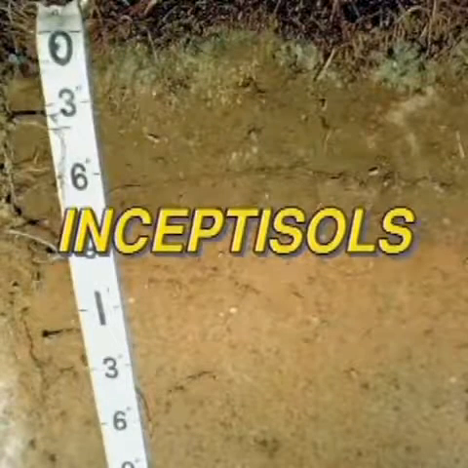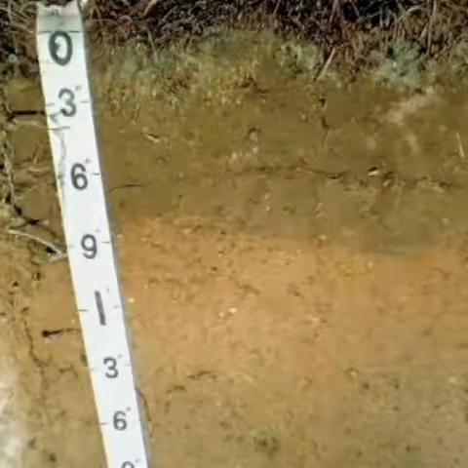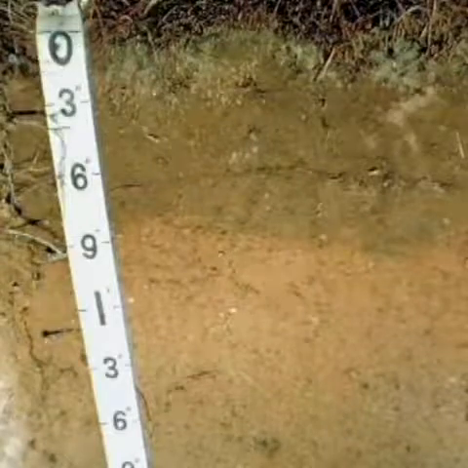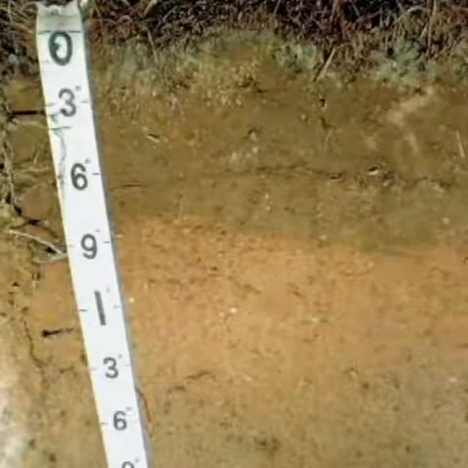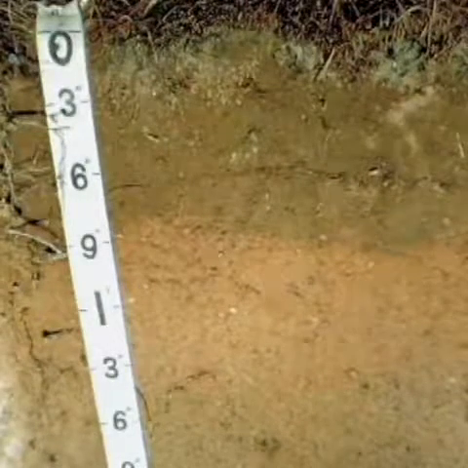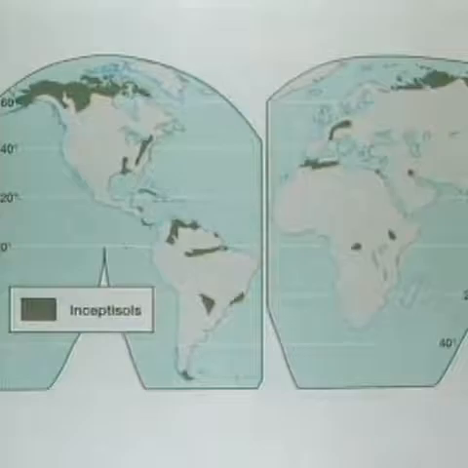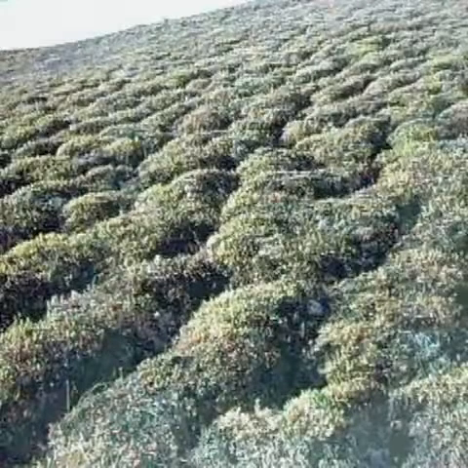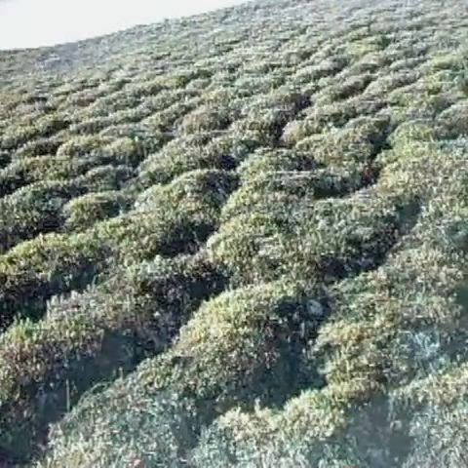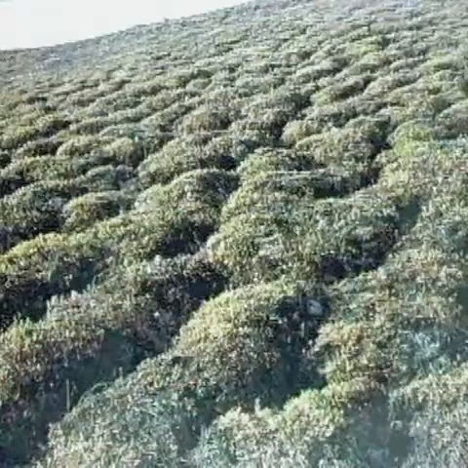Inceptisols are slightly developed soils that can be found on former valley floodplains and stable land surfaces, in which soil layers are developing. This means that they are young soils. These soils are found in northern Canada and northern Russia, bordering the Arctic Ocean. You'll find a tundra type of vegetation here, such as mosses and lichens. It's too cold here to grow crops.